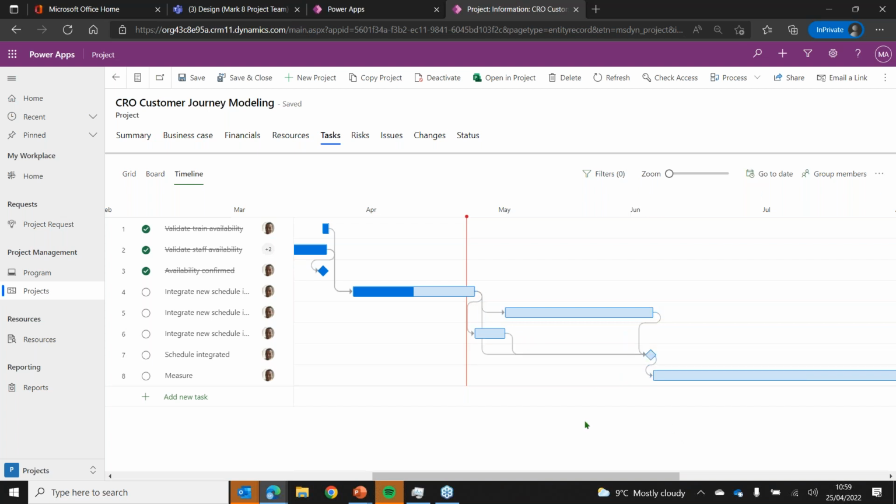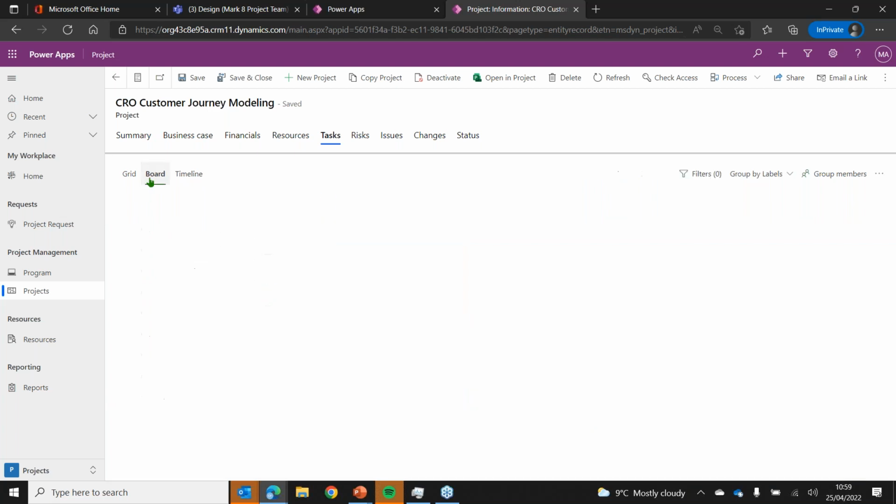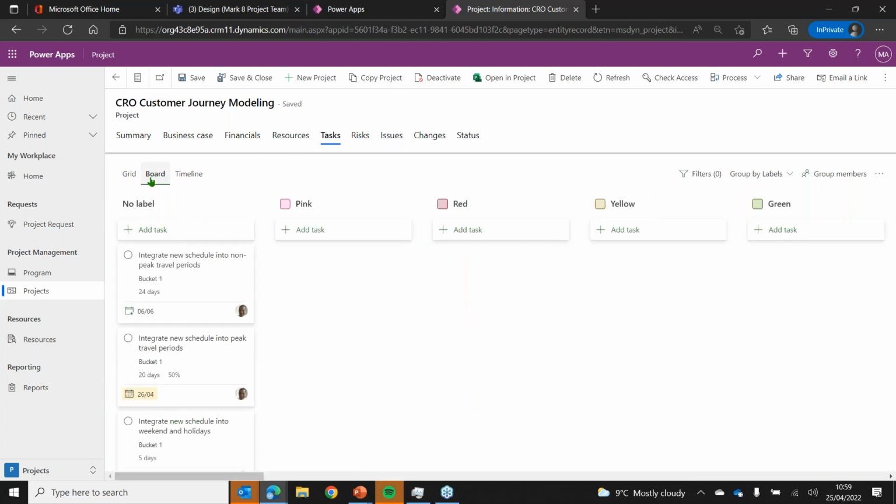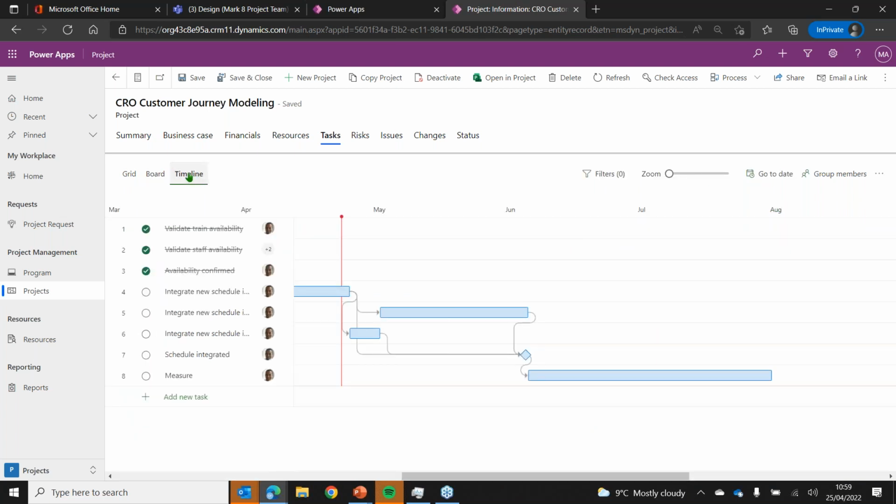So one of the great things around Project for the Web is if you're coming from Planner, you can continue to work in that kind of way in a board perspective. But you can start to add resources, start to understand what they're working on, and then obviously get that timeline view. So we'll come back to Project for the Web shortly, but you can see how simple that is. I don't believe it's complicated. It's the type of thing where we often work with individuals on a one-to-one basis, or in small groups, and give them some